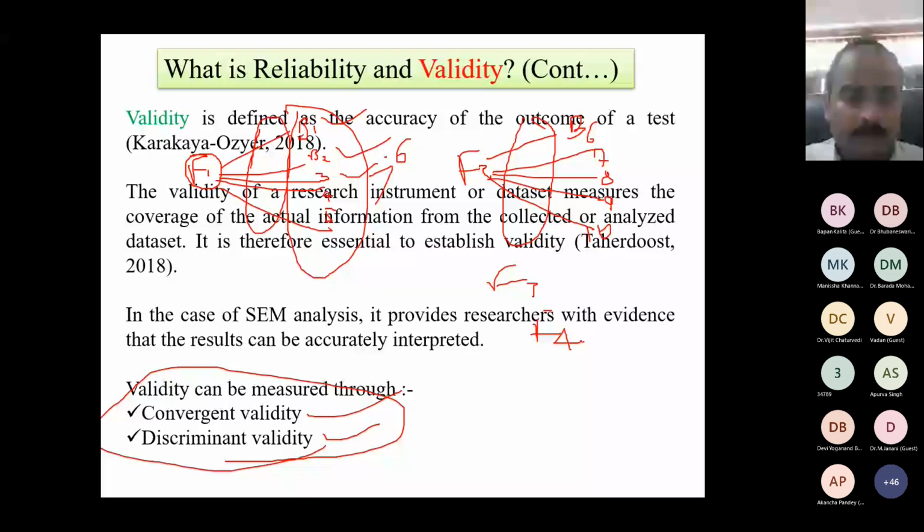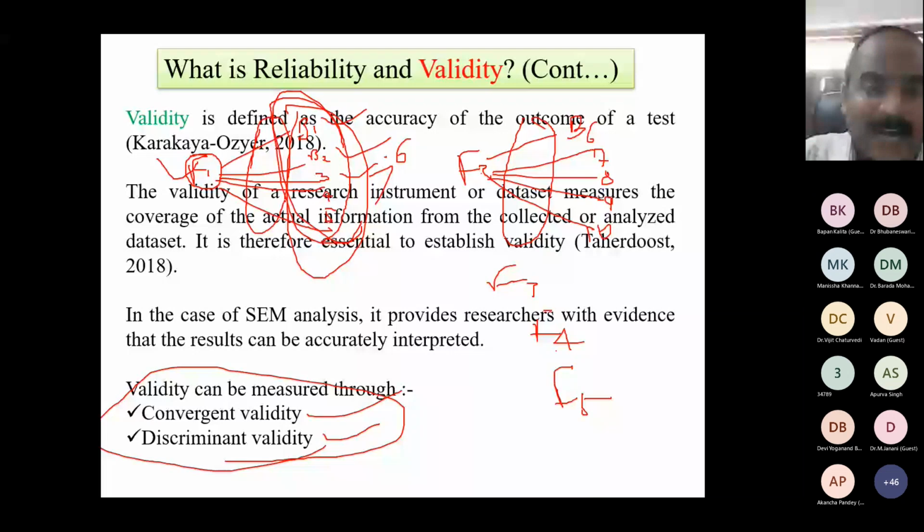Now, discriminant validity. What is discriminant validity? Please understand very carefully. These 5 indicators are forming F1, not forming F2. What does it mean? These 5 indicators are successfully discriminating F1 from F2, from F3, from F4, from F5. These 5, please look at my cursor movement. These 5 indicators or exogenous variables or independent variables are successfully, how far successfully